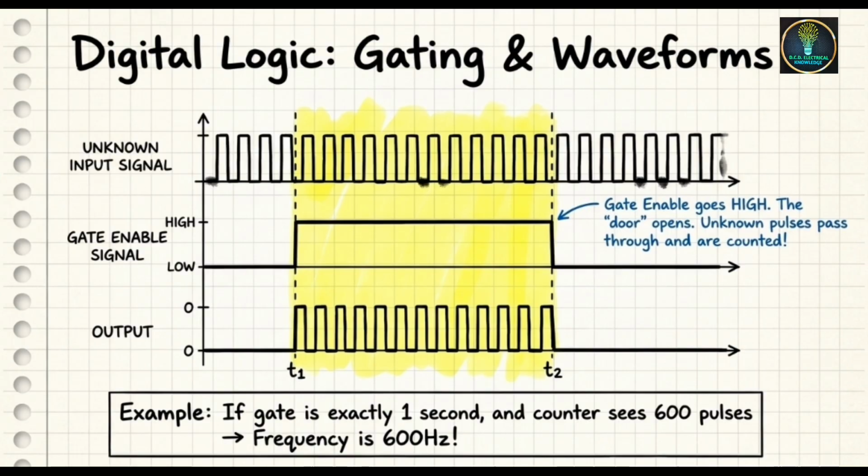Output between T1 and T2. Example: if the gate is exactly 1 second and the counter sees 600 pulses, then the frequency is 600